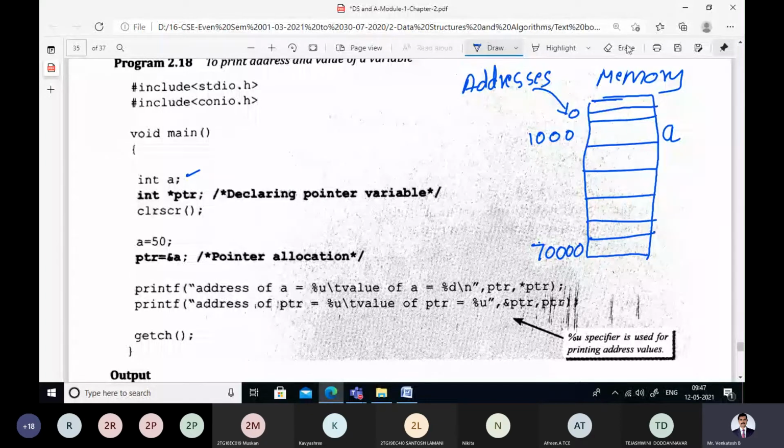Just for simplicity, we need to write the values here. This is the variable a, at address 1000. This is the impact after the first line. It need not be 1000. Whenever you compile and run the program, the pointers can assume different address locations.